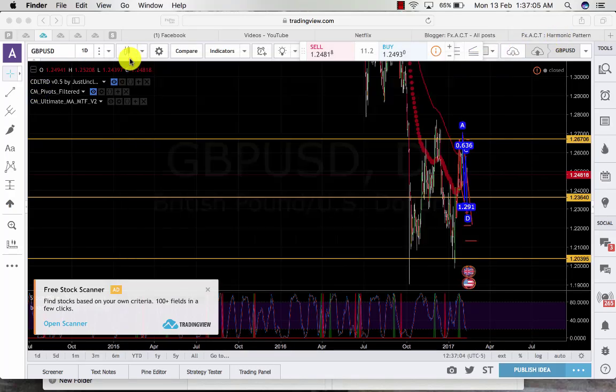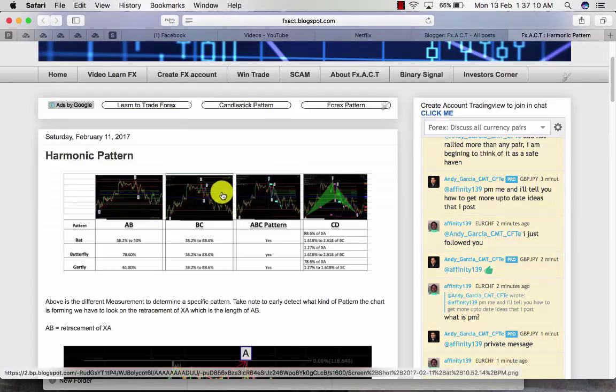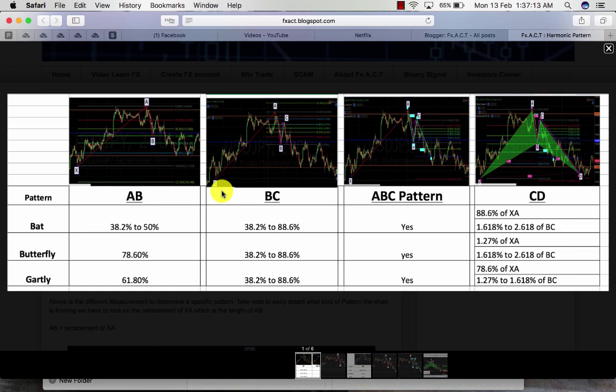So, in identifying the bat pattern, the butterfly, and Gartley, I have created a few notes that could help you for the measurement. So, we will use this note as we would identify the kind of pattern that the chart is showing. But first, I have to draw it to you so that you will know what I'm trying to point out, and you will accurately identify the exact location of these